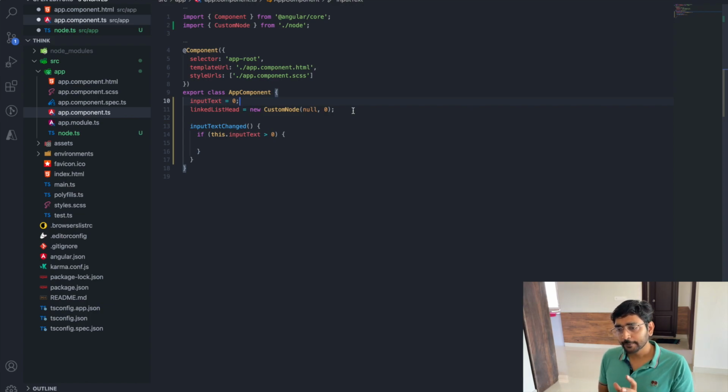We have created the first node in this, the first element, which is head.